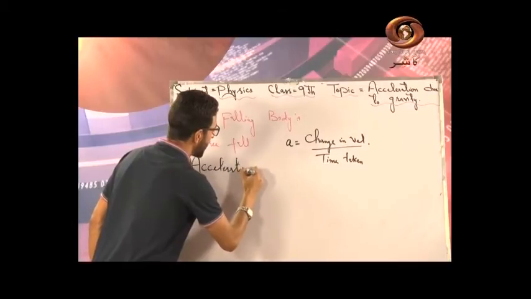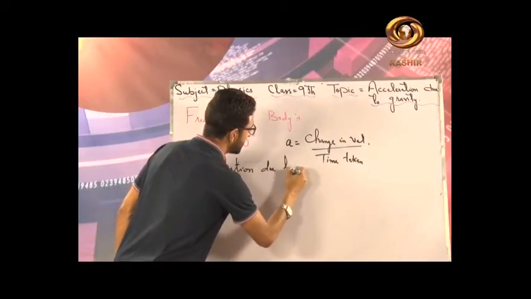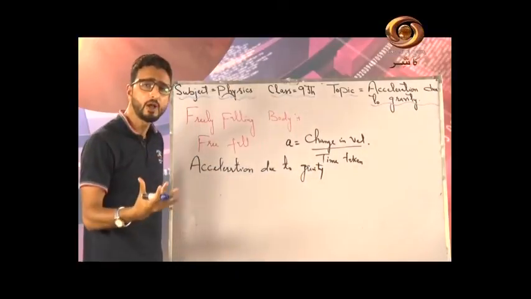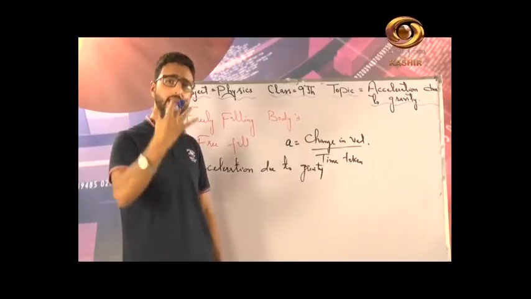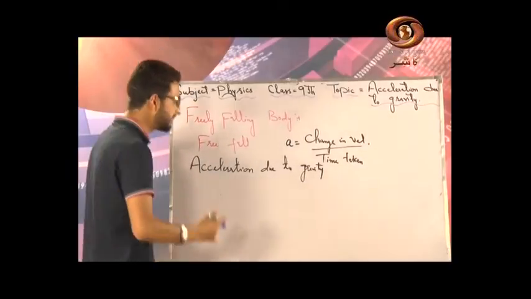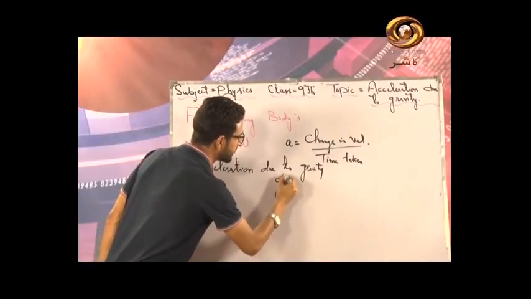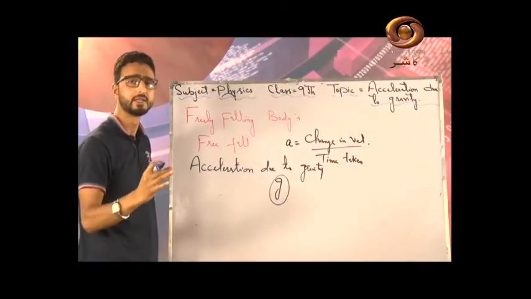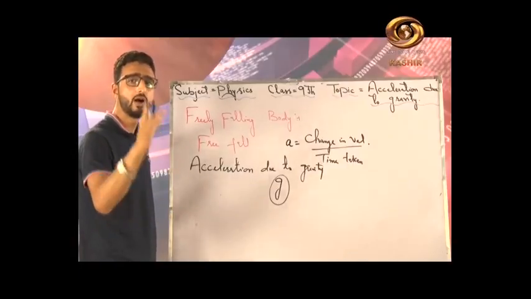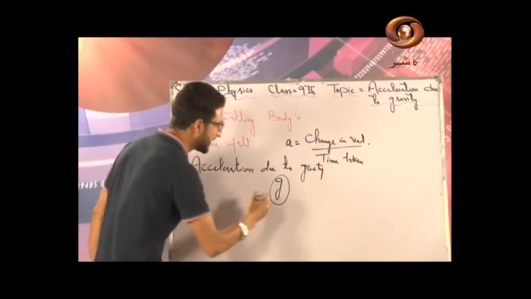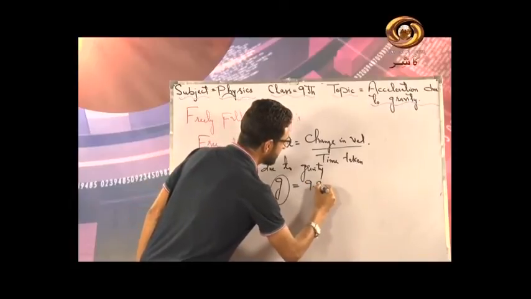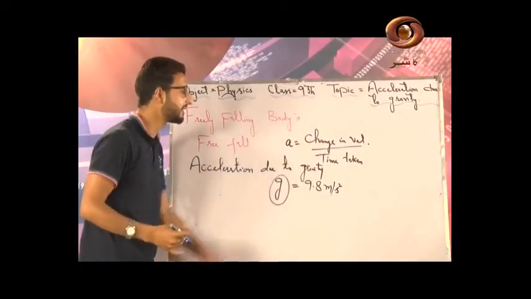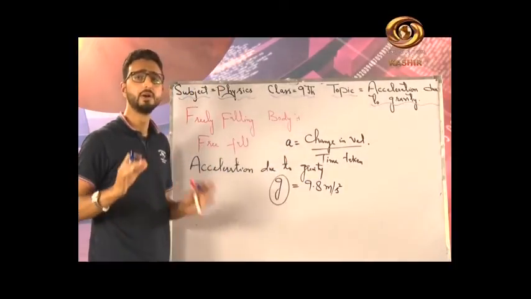So what do you mean by acceleration due to gravity? Simply, it is the acceleration produced in a freely falling body under the effect of gravity alone, right? Now हम इसको फिजिक्स में कैसे डिनोट करते हैं? स्मॉल जी से हम इस एक्सेलरेशन ड्यू टू ग्रेविटी को डिनोट करते हैं, और इसका वैल्यू मैं आपको बताऊंगा. ऑन और नियर द सरफेस ऑफ अर्थ इट्स वैल्यू इज 9.8 and the SI unit of this small g is same as that of acceleration, that is meter per second square.